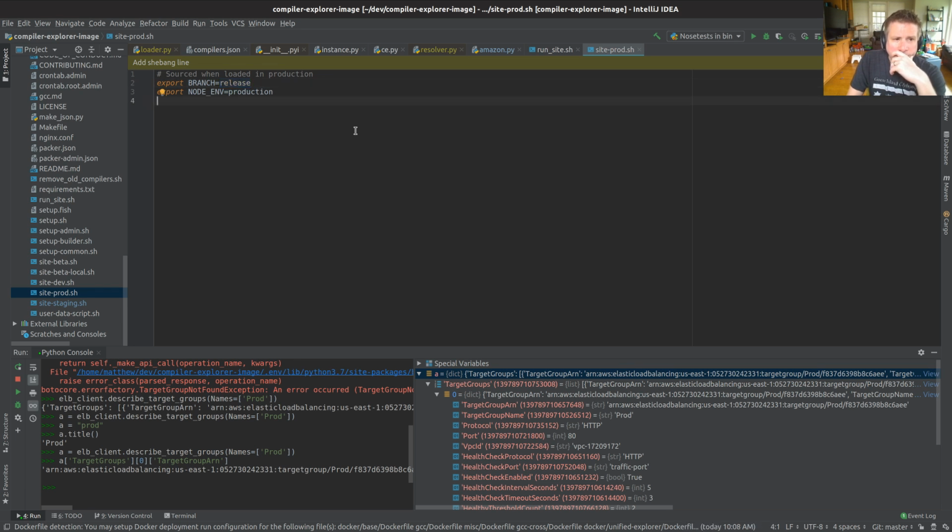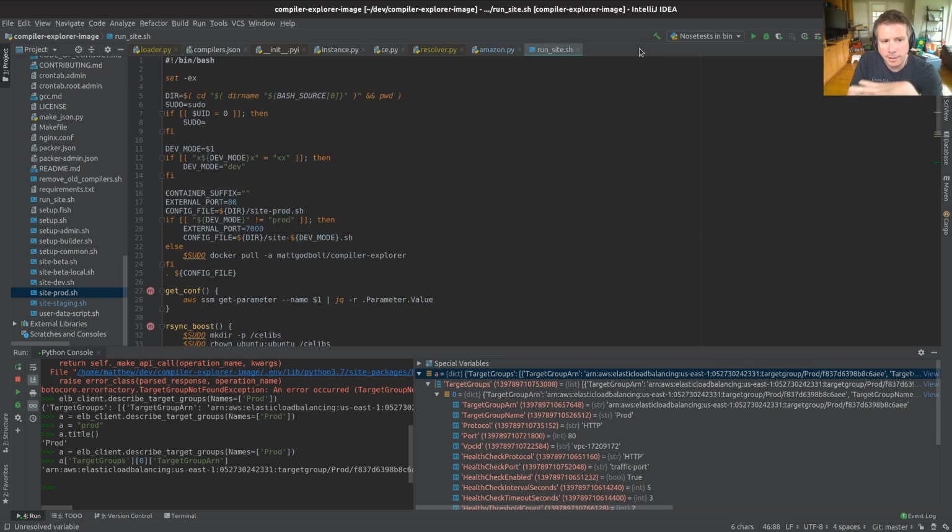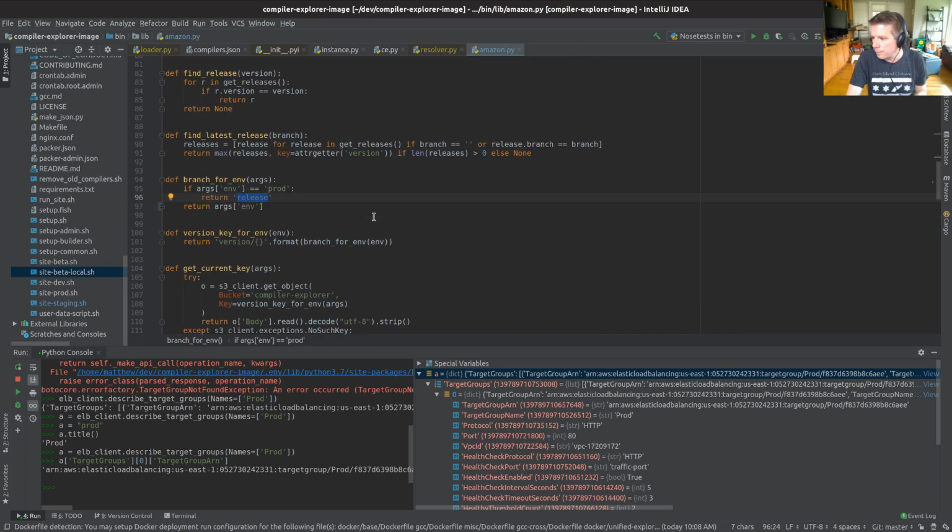I am very tempted to not... I'm going to leave this alone for now because we're getting too deep down a rabbit hole, and there are some benefits to having it not just use the environment name directly. That's because I can run things locally with a beta/local, and it still runs from beta. It doesn't pick up the environment name of beta/local. So I'm gonna let that go for now.